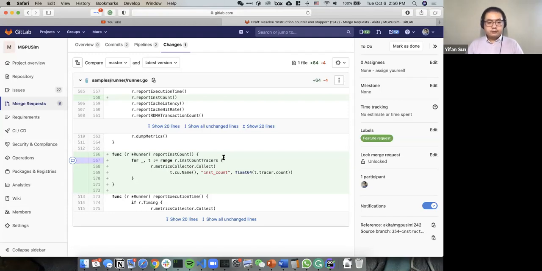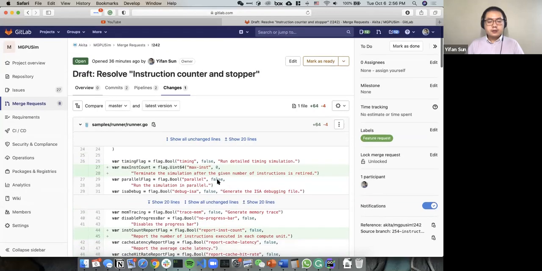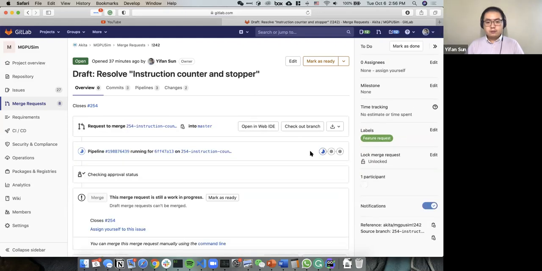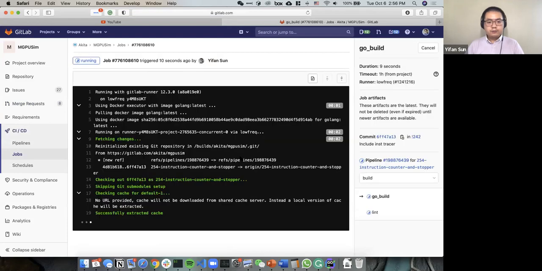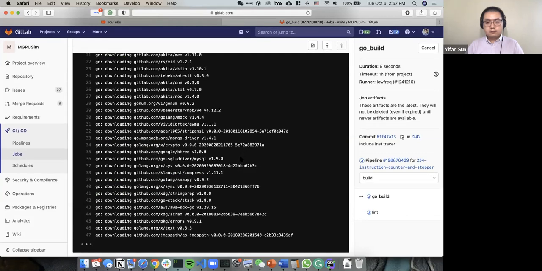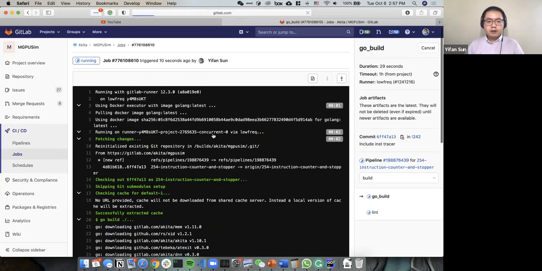Hopefully it can run. At least it should pass the build test and the unit test. Let's come back to the overview. Hopefully it will run soon. Yeah, it started to run. Let's see this go build. It's a good sign that it is downloading these repositories, these dependencies. Okay, it can run. At least it can build. And it's gonna take a very long time to run this